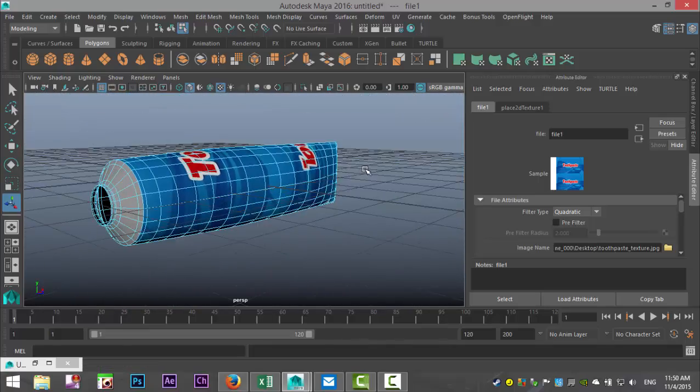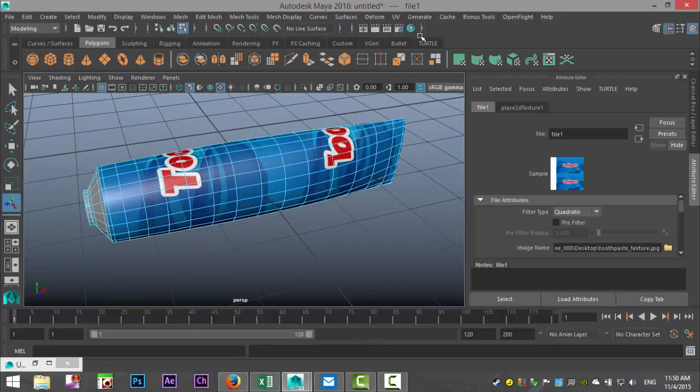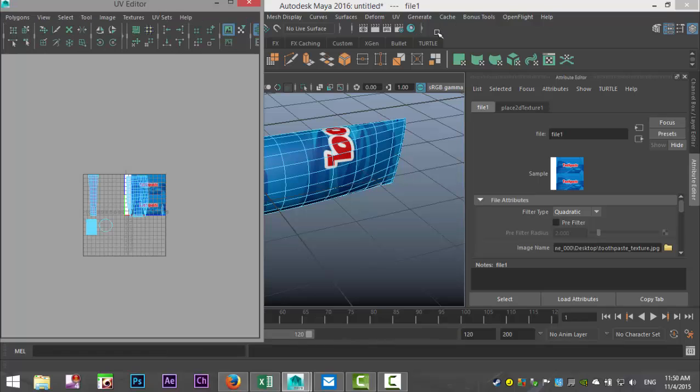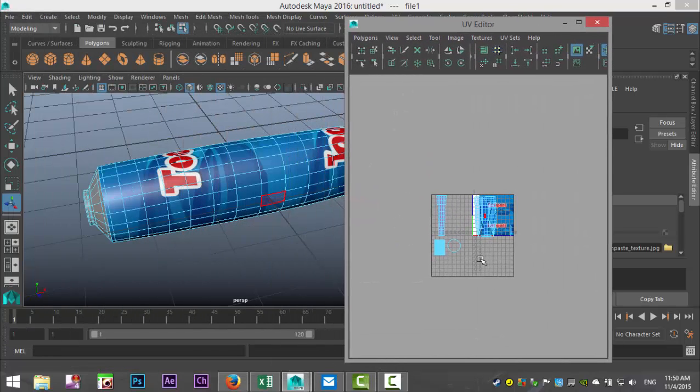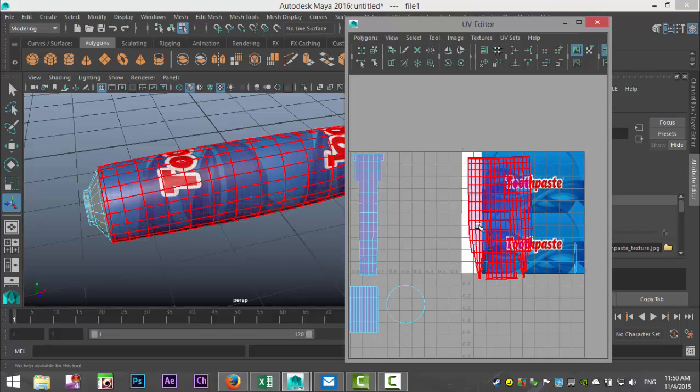All right. So let's go to our UV editor. We're going to right click, go to shell. That should be connected. Not sure why it is not.